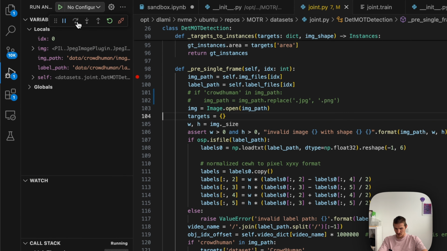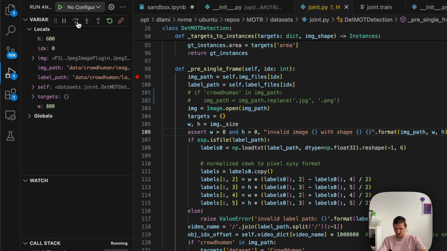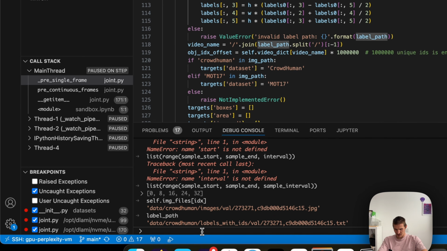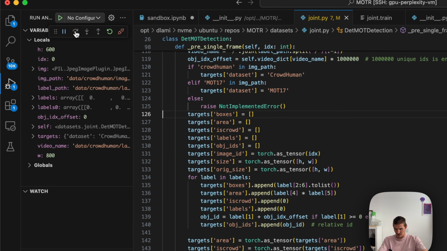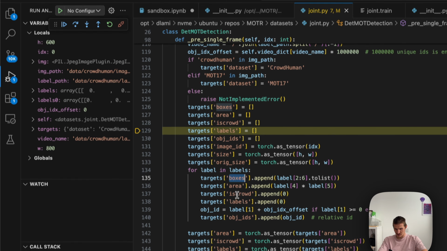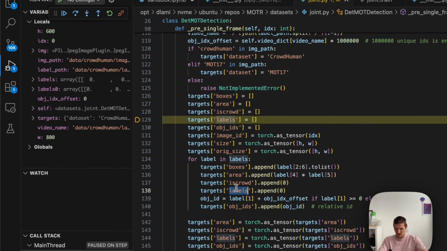So we open the actual image. We have labels for the same image as well. We say the information like which dataset this image came from. This is where we iterate over the actual ground truth. So boxes, labels,